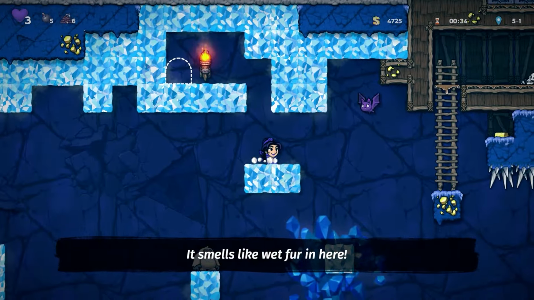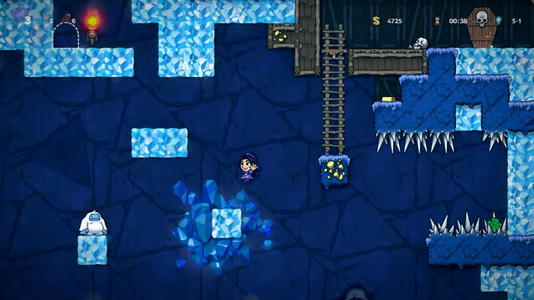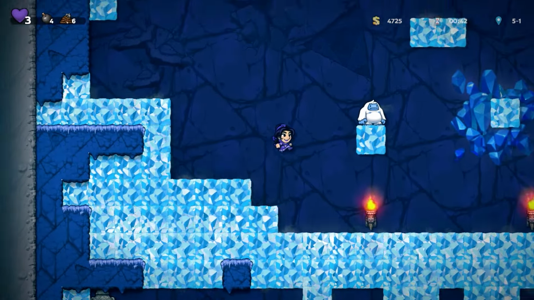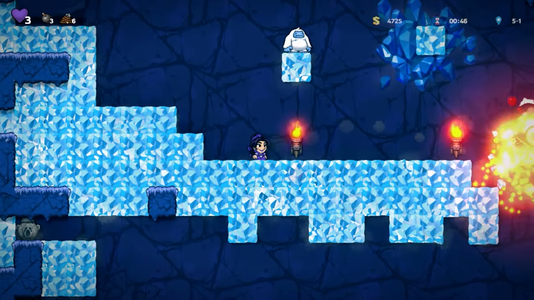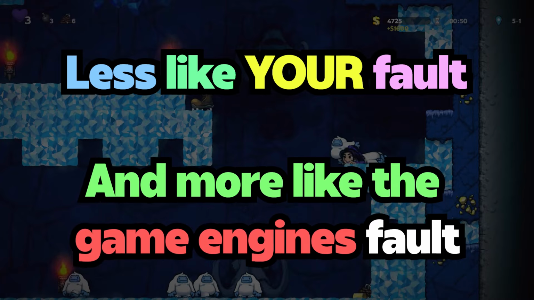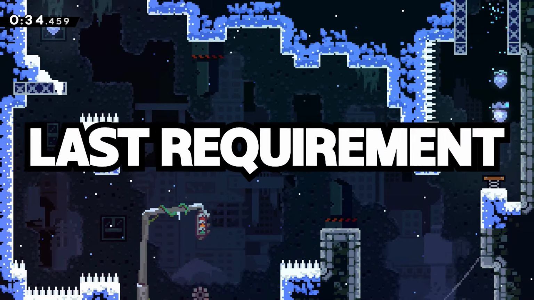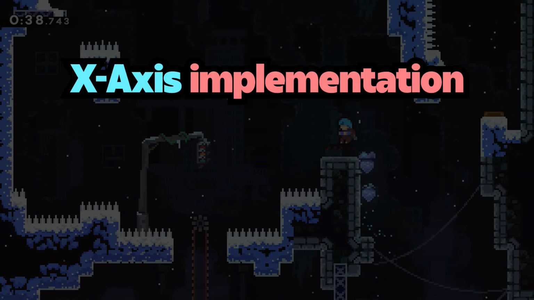This is partly what makes things like ice physics in games so frustrating. It takes away that control you have, making whatever your job might be more often than not more frustrating. And if something such as this takes away your control, deaths in games begin to feel less like your fault and more like the game engine's fault. That's about where precision ends though, but where the last requirement starts: the importance of the X-axis implementation, and more